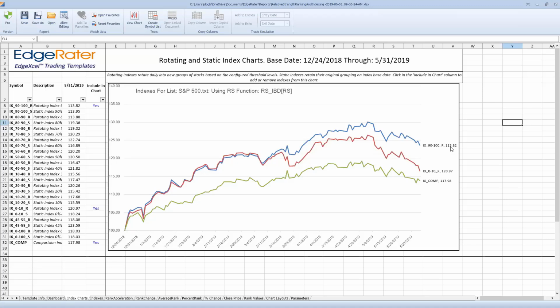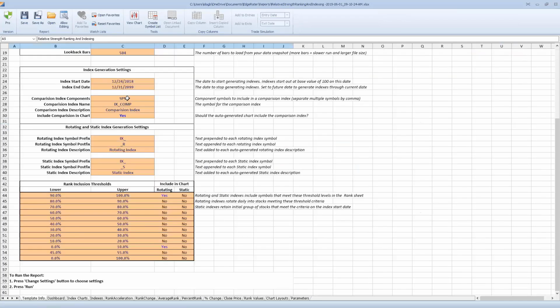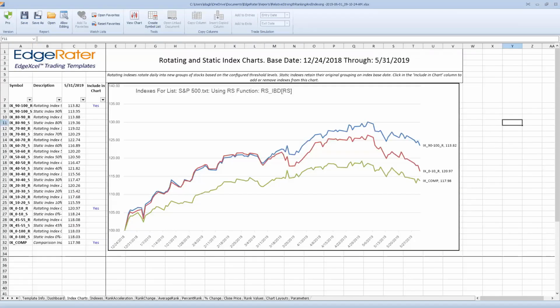So now the 90 to 100s have a value of 113.82. So that's a 13.82% gain in that index. The comparative index, which by default is set to SPY, is a 17.98% gain since the base date of 12/24. And then the 0 to 10s have, and this is a rotating index,